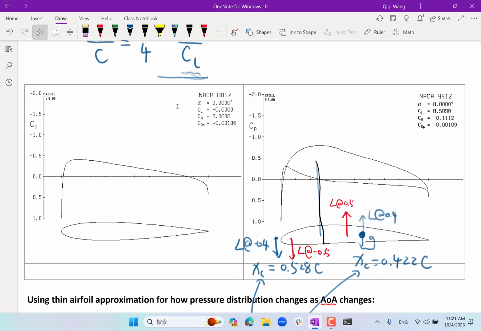And then let's look at if the airplane is flying upside down. It's designed to fly upside down at a CL of -0.4. Then the center of gravity should be here, right? As we have said before, the gravity points upward in this picture. Now, if a gust comes in and increases the angle of attack, I should say, decrease the angle of attack, so that CL is now -0.5. The combined torque is going to pitch the airplane